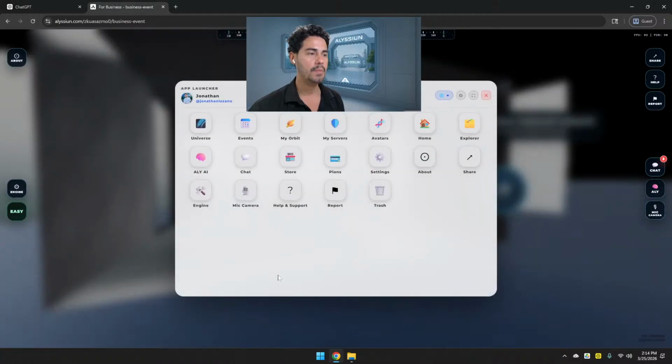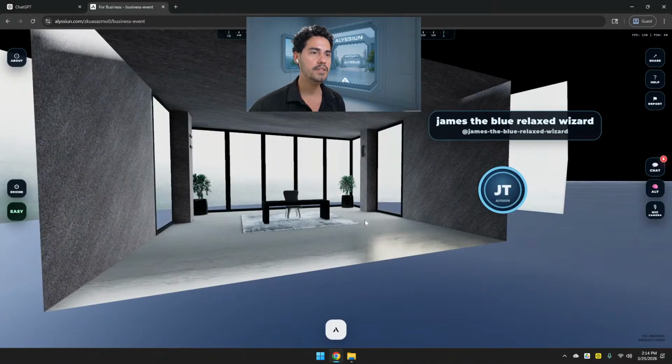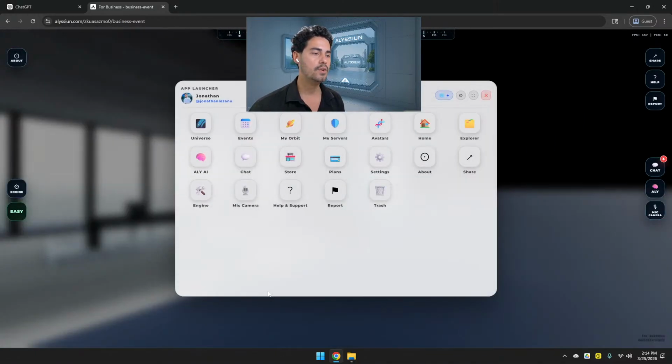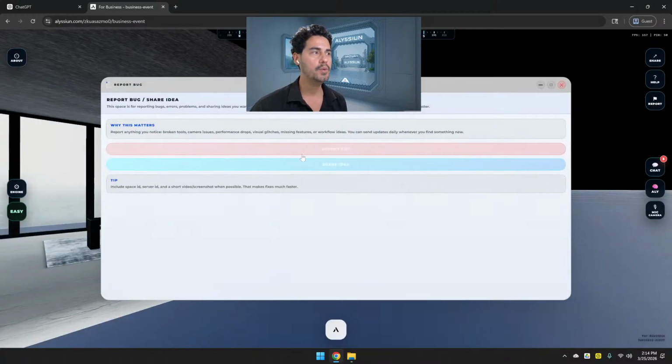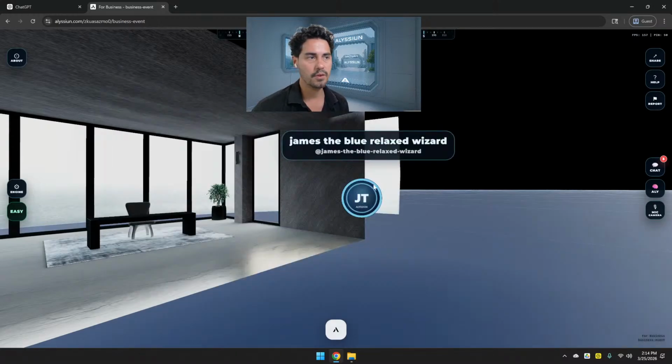And again, it's going to be here at the bottom of the start window. You're going to have help and support and report. Super easy access. Anytime you need it, you just go here, click help and support, and open the window. And the same for report. Report is really important. It's going to help us keep the community in good shape, so you can report a bug, you can share ideas about anything you want in Elysium, but you can obviously also report if somebody is doing something wrong in the system.